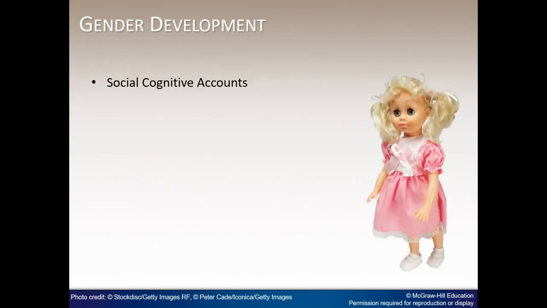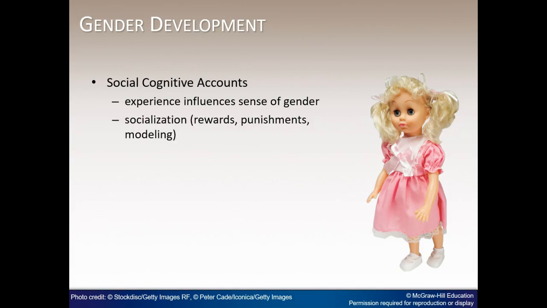Social cognitive approaches focus on how children learn about gender and how they occupy a gender identity. Internalizing information about gender and environmental reinforcers of gender-related behavior are key aspects of this approach. Gender is learned through rewards and punishments, observational learning, and modeling. Children may also be rewarded for engaging in gender-conforming behavior and punished for engaging in behavior that does not fit with expectations for their sex, called gender non-conforming behavior.